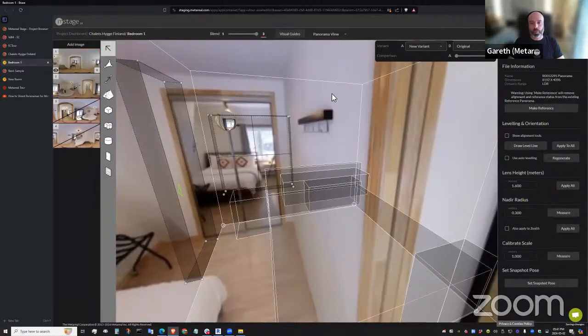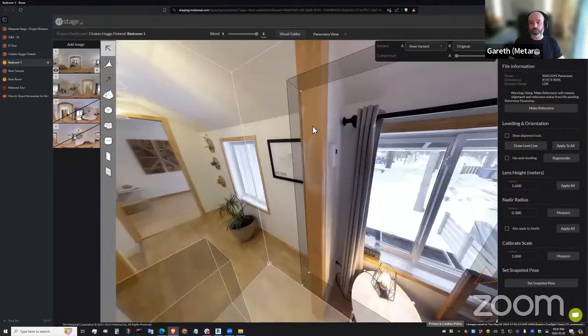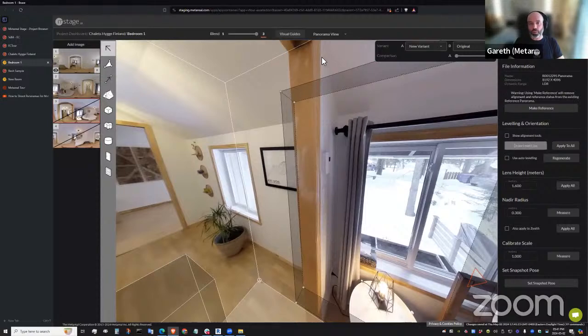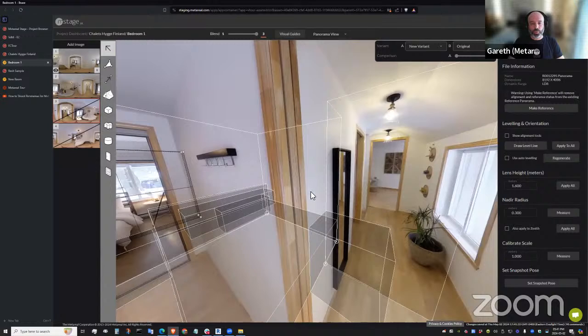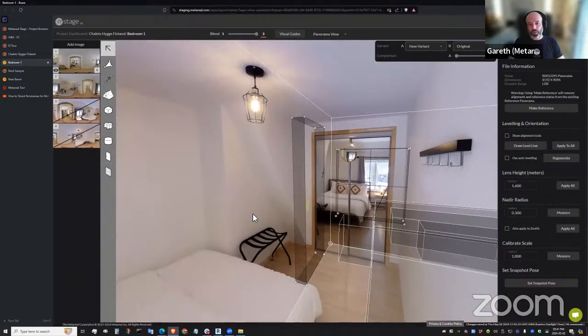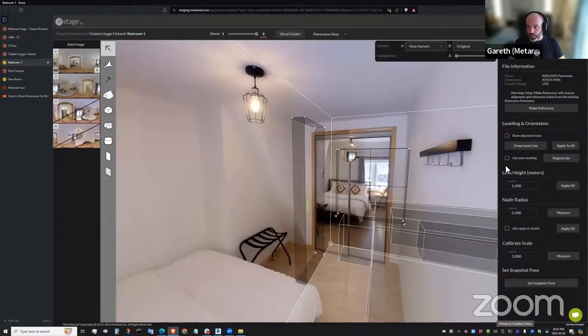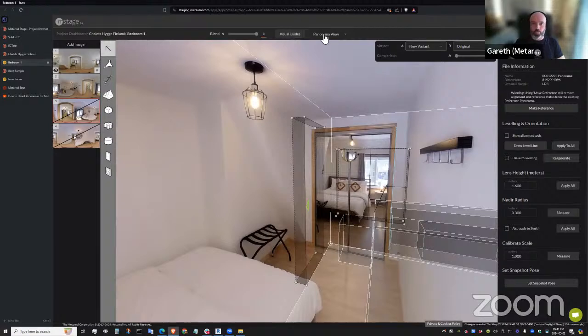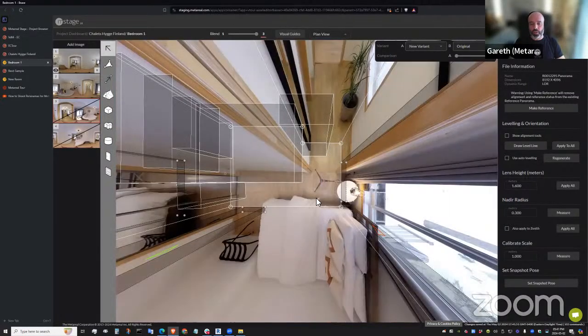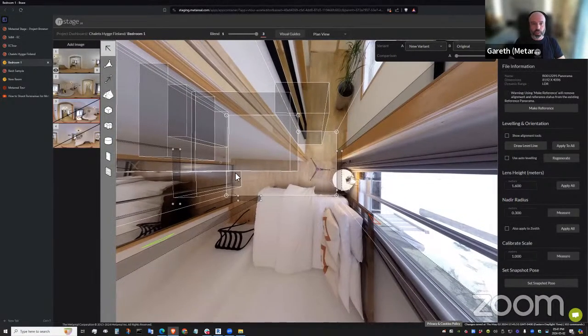So I'm going to pick one of them. And what I need to do is, same as always, draw the level line, make sure it's level. So doorways and windows are great. Wall edges tend to be, I don't know what it is, maybe plasterers are not so good at getting their verticals, but doors and windows tend to need to be very straight. Whoops, hang on, I'm just going to delete that and do it on the other side. So there we go, that looks better. So if I go to my plan view now, I can see that my room's nice and square.